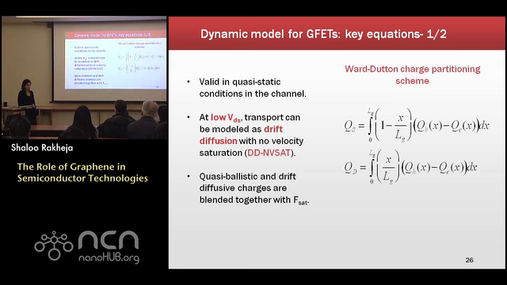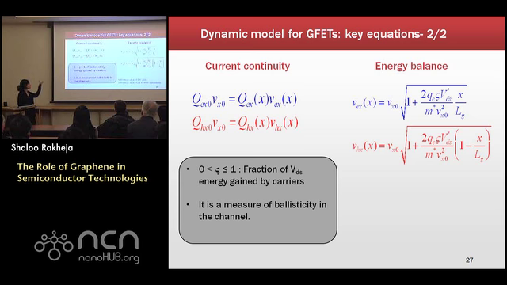So how do you compute the quasi-ballistic charges? We use two physical conditions over here. The first is the condition of current continuity for both electron and hole branches, which are given by the two expressions over here. The left-hand side in these expressions is known to us because we've done the static transport formulation. We don't know the right-hand side.